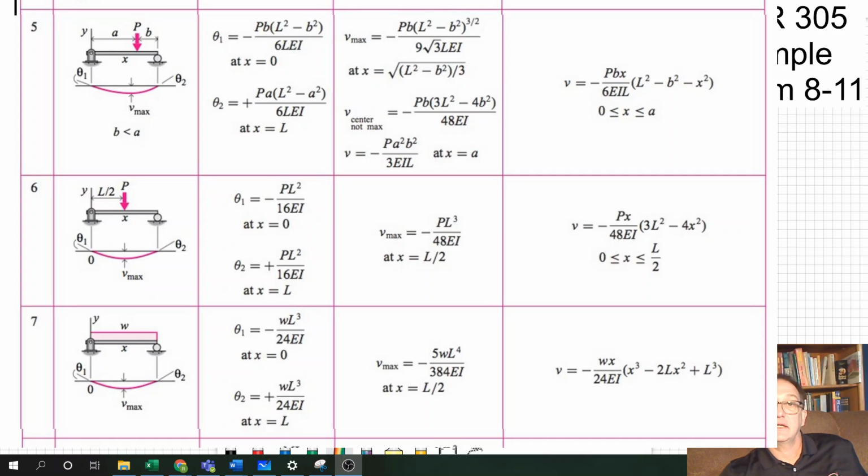So let's try to break things up into their terms. We need to figure out what A and B are. And then the other thing you can see here, there's a little qualifier. B is less than A. So it's loaded on the right side of the beam, and ours is loaded on the left side. But that's okay. We're going to take our problem and flip it around and look at it backwards. So we'll have to start doing all those things. So let's first get rid of that,